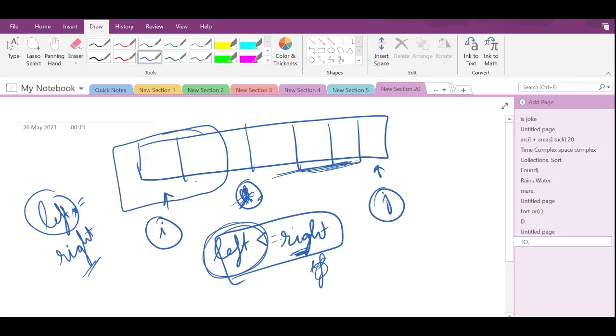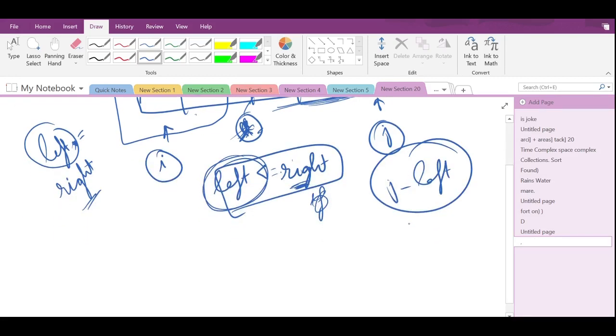So for that index, the water stored is left max minus the height at i. If the height is less than left max, then this will be the water.